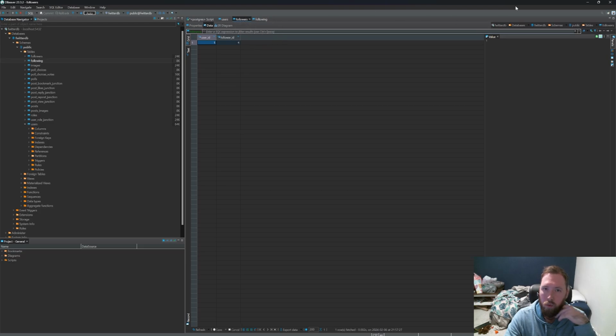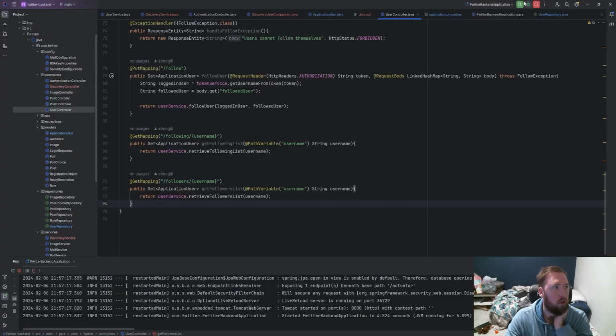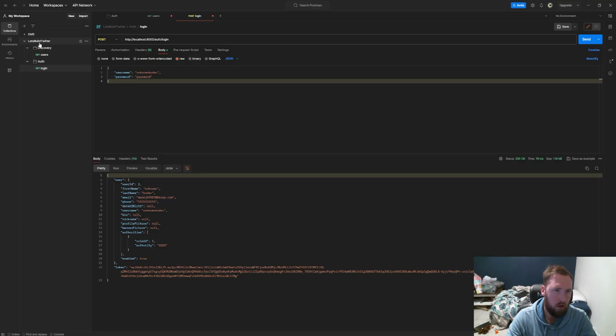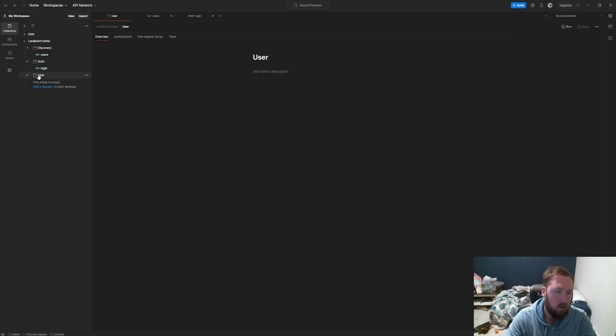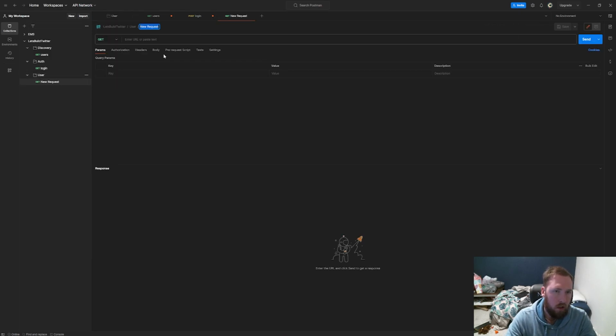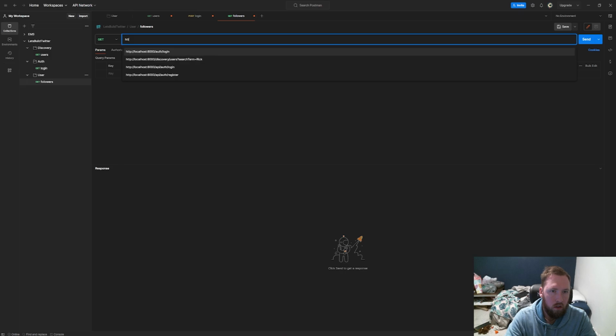Again, this could have been one big table, like a following follower junction or something. We could have read from one or the other. I was trying to keep it somewhat unconfusing because the whole thing's really confusing. So inside of our Let's Build Twitter collection, I'll add a new folder for user, and then inside of user, I'll make a new request. And this is going to be followers maybe, and HTTP, and I believe this is under user/followers